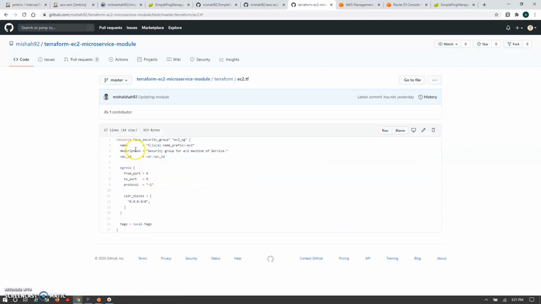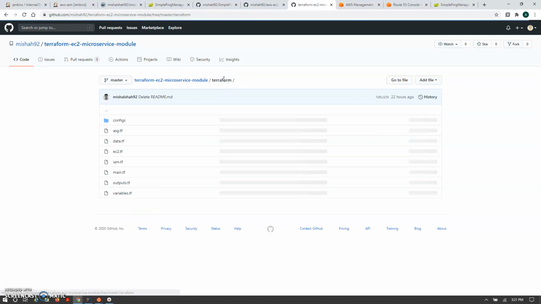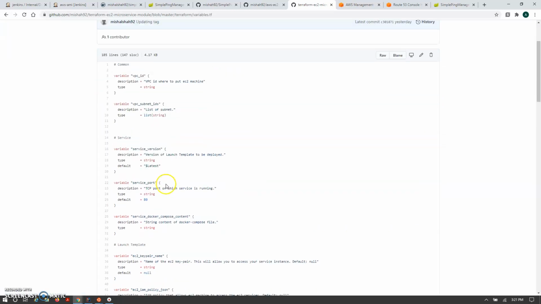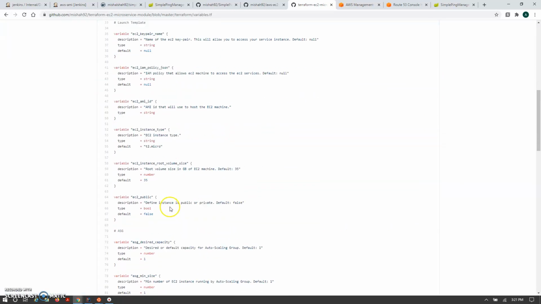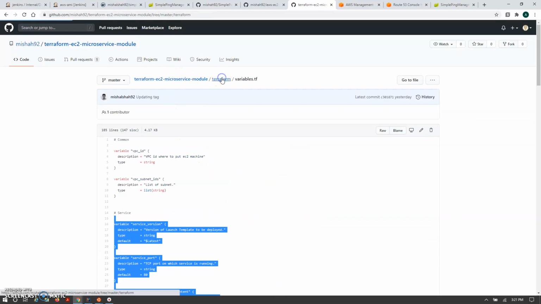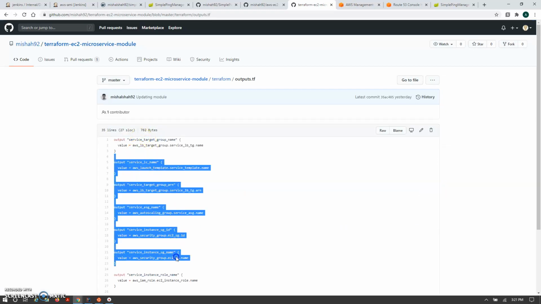In the EC2 instance, you can see we are creating the security group here. This is the variable.tf file. This will basically pass all the variable files here, and this output.tf will respond with the output of your configuration.